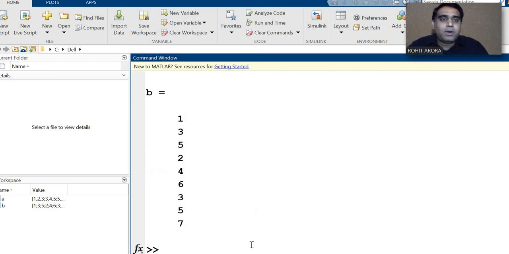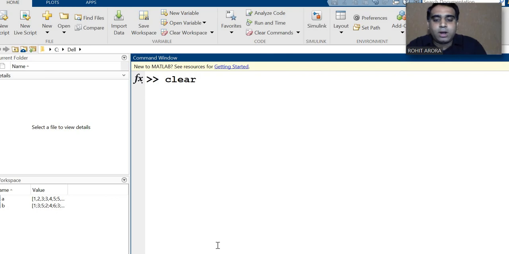Now this is our result. I'm showing again: B is equal to A bracket colon, and every result is in one column. Again I will use clc and clear all, so every command history and workspace is deleted.